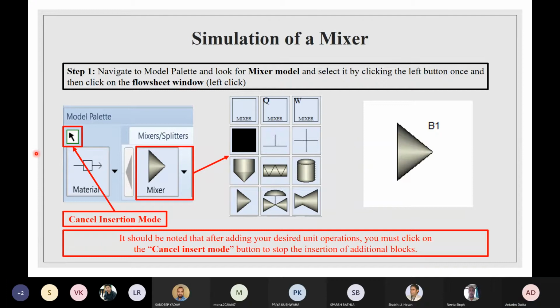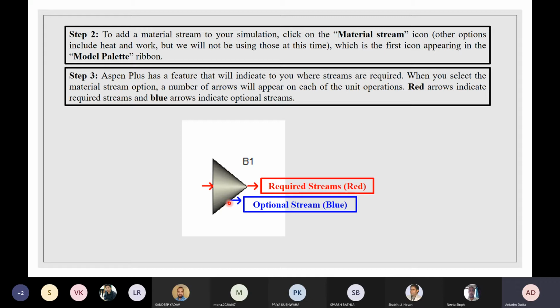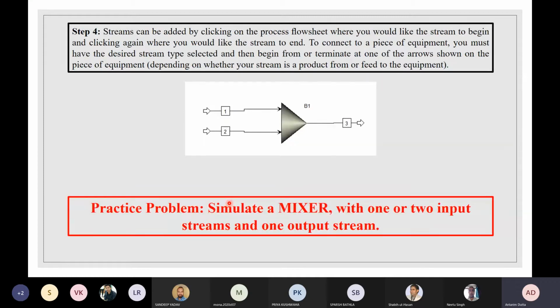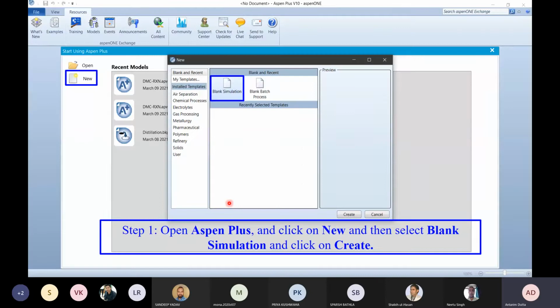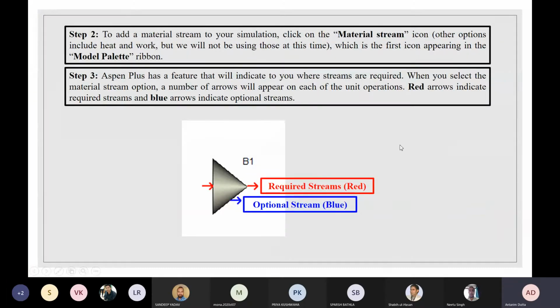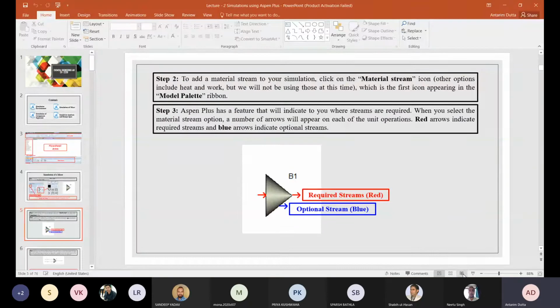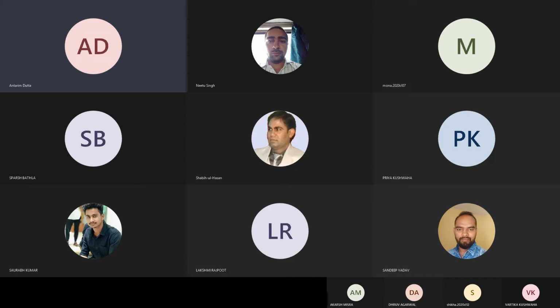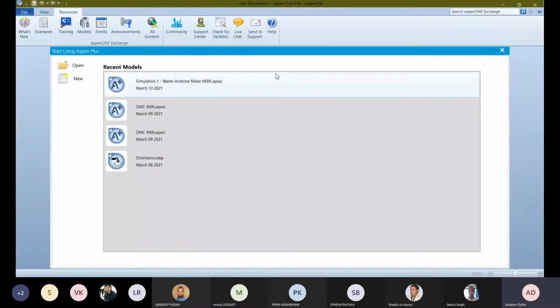In the PPT, I have added all the slides stepwise. I have added everything in this slide, and I have added the PPT in the group as well, so you can visit this PPT and have a look at it. But for now, I will explain these things by performing them in Aspen Plus, so that it is easier for you to understand. So I will not go through the PPT. I will go through Aspen Plus and help you with the different models that we are going to do today.